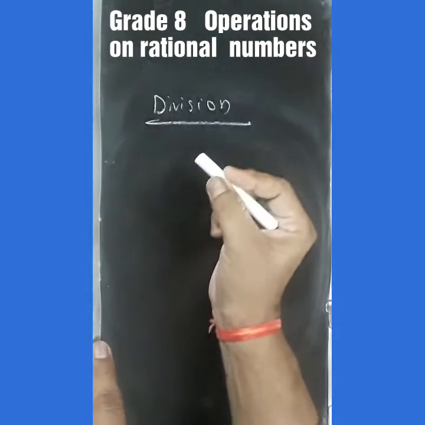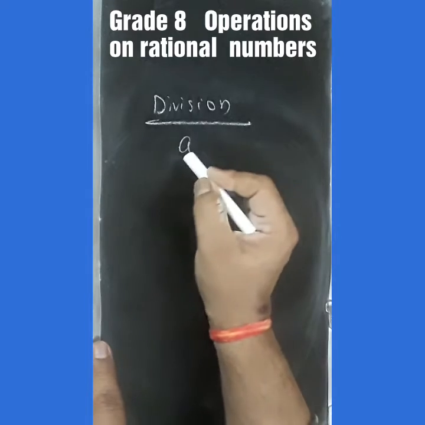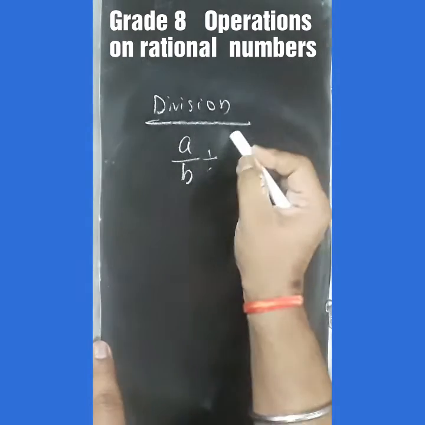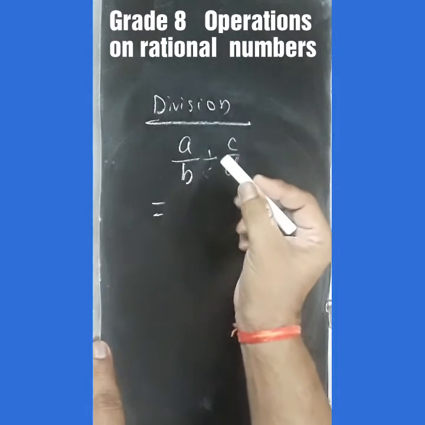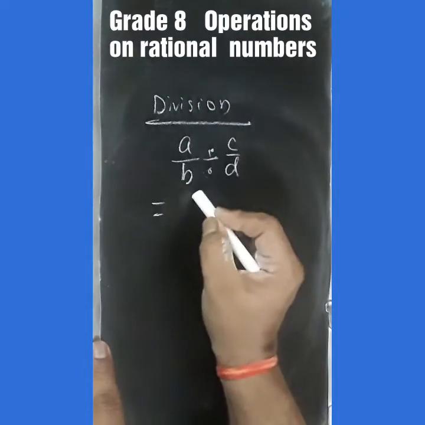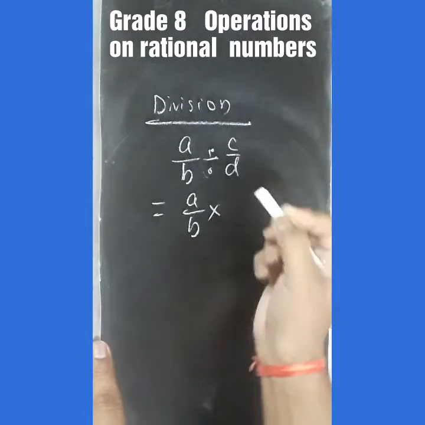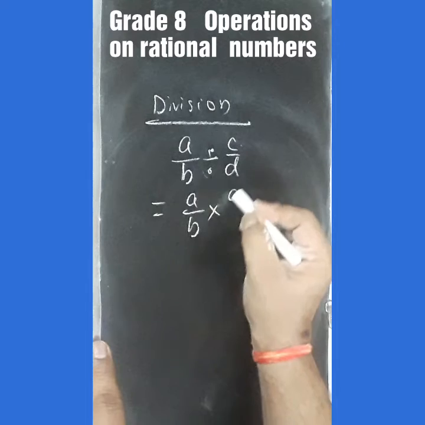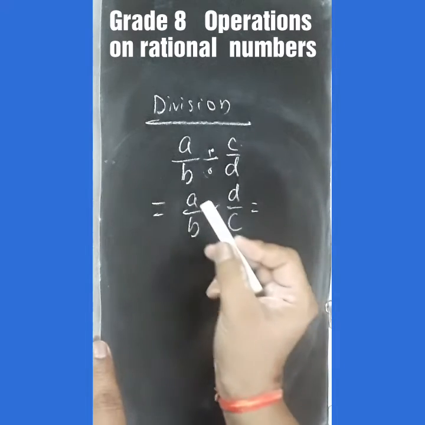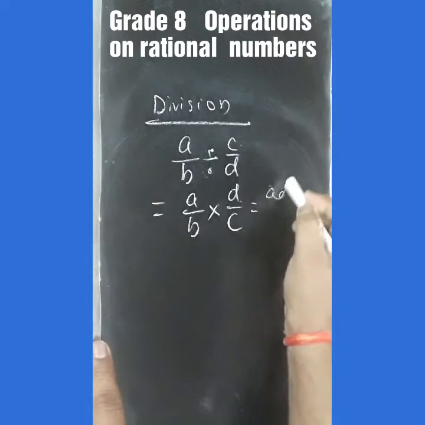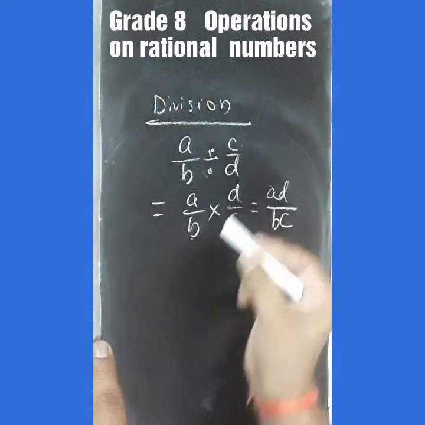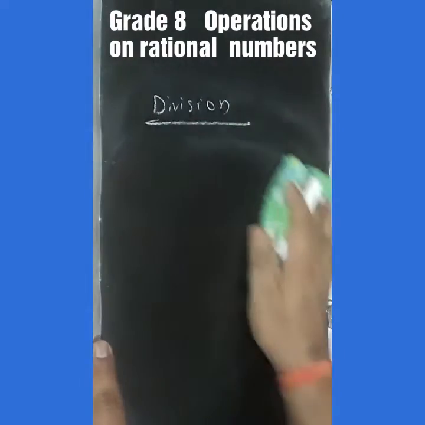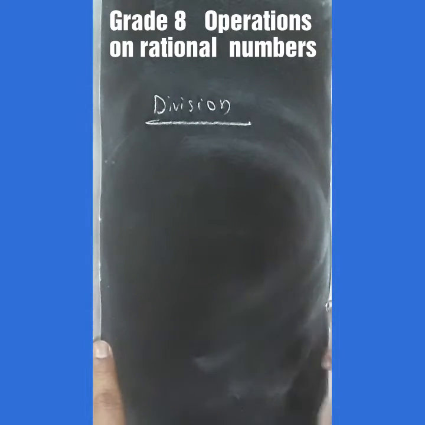For this, suppose we have to divide a upon b by c upon d. Then we will have to change this sign first. We will write this division sign as multiplication, and then we will write the reciprocal of this. It will become d upon c. Now this into this we will get AD, and this into this BC, if there is no number to cancel them. Now let us take an example and see.